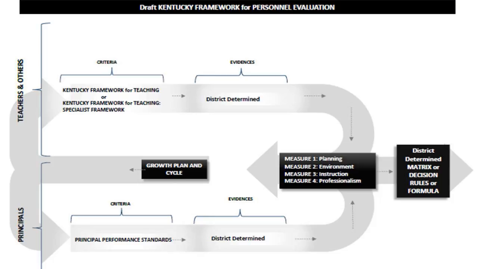Once you have those 4 ratings for each of the 4 measures, planning, environment, instruction, professionalism, how will you use the ratings of those 4 measures to determine the overall summative rating for that certified staff? It's a very hard decision to make, and it's something that we can only provide talking points and things to think about, but really encourage you to walk through the process multiple times to ensure that it is something that you can support, that is defensible, fair, and equitable.